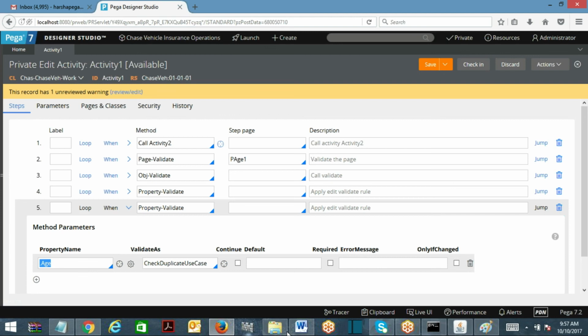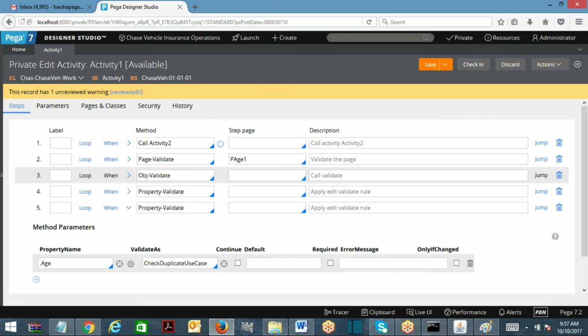This is very, very important for interview purposes. You should understand exactly how it works. Now, your constraint is a client-side validation, whereas your obj validate is a server-side validation. Your edit validate is both client-side and server-side validation. If it is through the UI, it is client-side validation. If it comes to business logic with these methods, it acts as a server-side validation. This is clear, everyone? Any questions, any doubts? So this is about the difference between page validate and property validate. Okay, hope you are